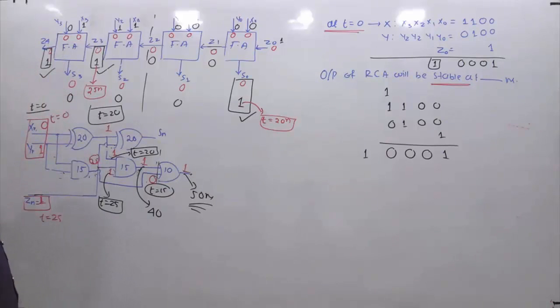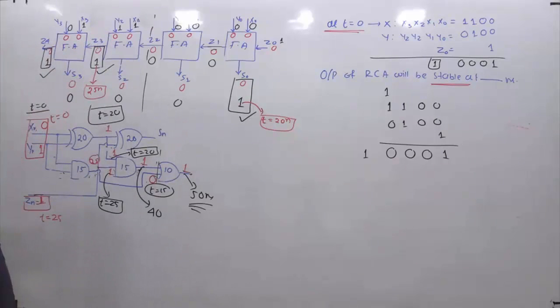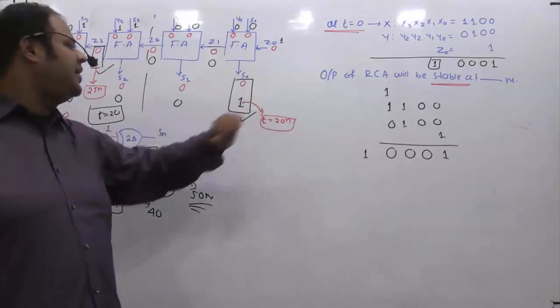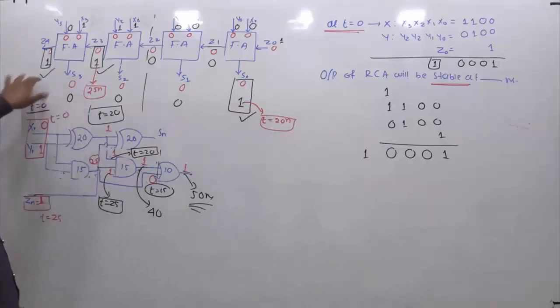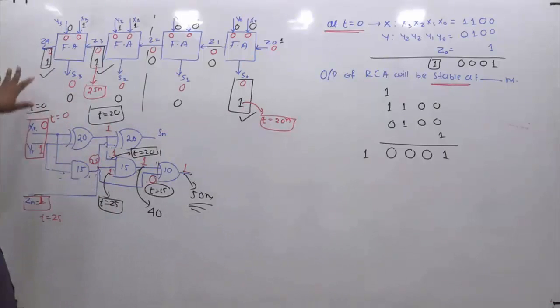So the summary of the story is, initially I have all zeros, and finally whatever the bit pattern I am observing, I am getting changes in 3 places, this place and this place. This I am getting at 20, this I am getting at 25, this at 50. So basically what time the circuit output is completely stable means the answer is 50. It means if I am going for 50, automatically the corresponding bits I already got.